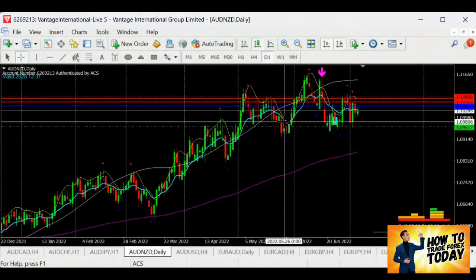So, and again, over here, let's move on to Aussie Kiwi, right? Aussie Kiwi. Okay, Aussie Kiwi over here. Coming along in this Aussie Kiwi, okay. Am I going to put this as a selling? It looks like the Aussie Kiwi is still on the bull run, as we can see.